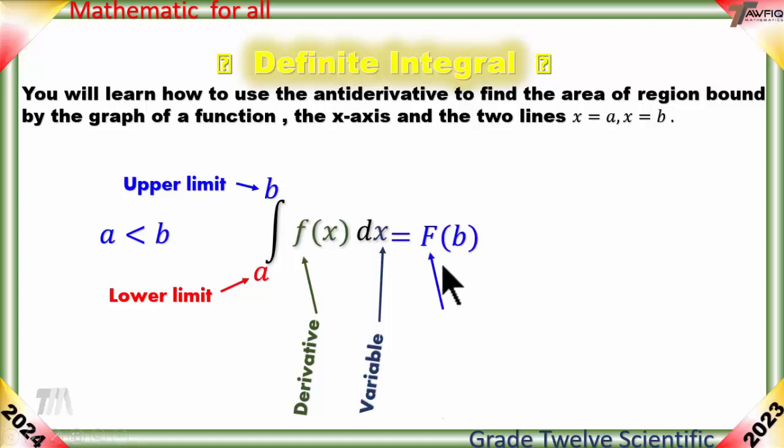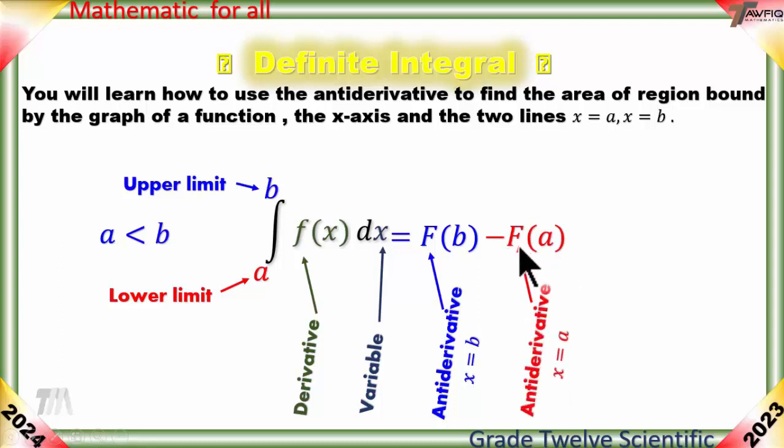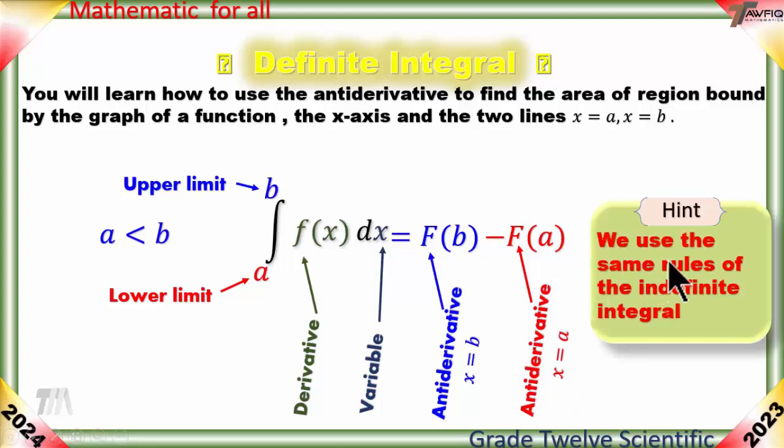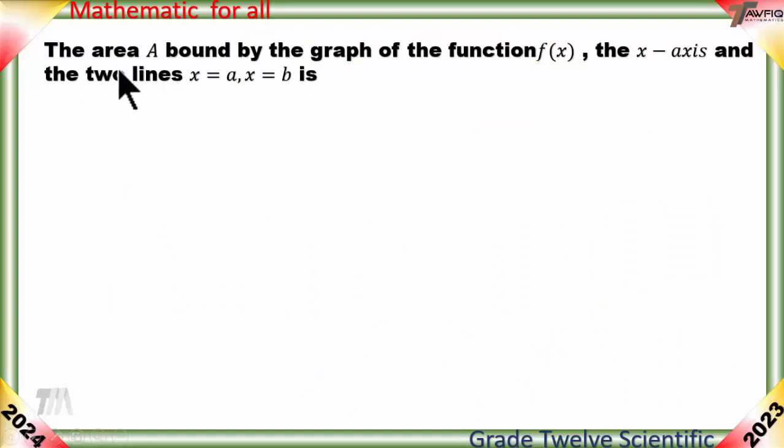It equals F(b) minus F(a), where F(b) is the antiderivative when x is equal to b, and F(a) is the antiderivative of the function when x is equal to a. Be careful, we use the same rule of the indefinite integral. The area bounded by the graph of the function f of x, the x-axis and the two lines x equal a and x equal b is,